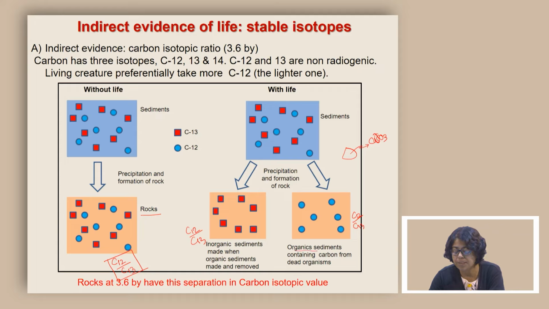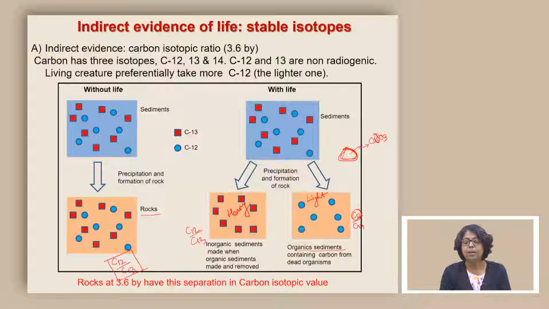And therefore, the organic sediments that are made up of crushed shells will have a lighter signature. Lighter means a higher C12 to C13 ratio than something which is not created using these crushed shells. But because they are preferentially taking the C12s, the remaining carbon is going to be more heavy in C13, and therefore we are simply going to call it a heavy one, and this one we are going to call a light one. So this light one is going to be a signature of life.